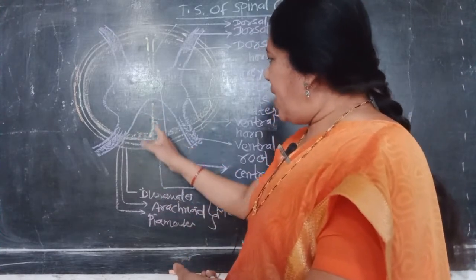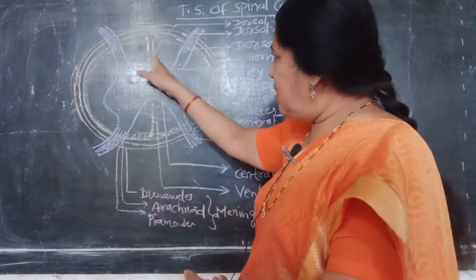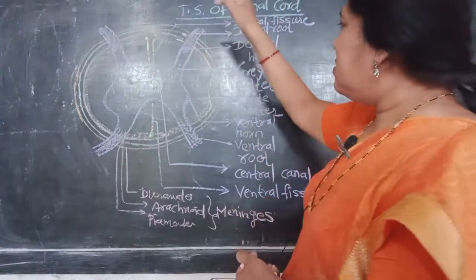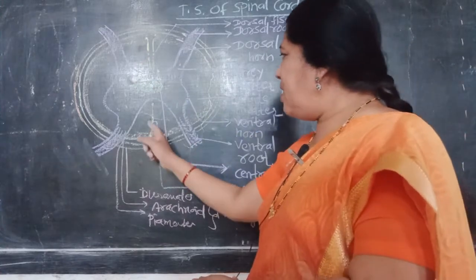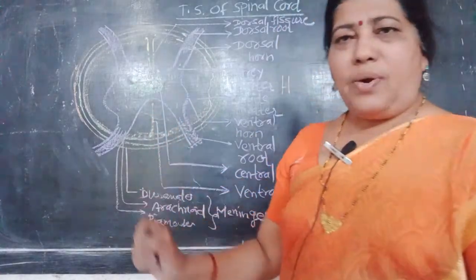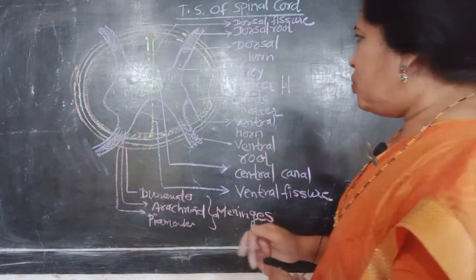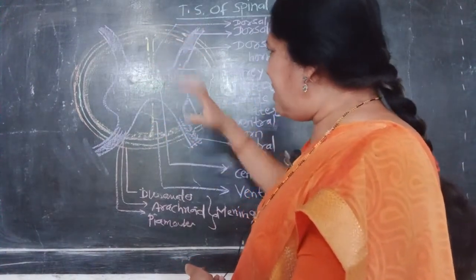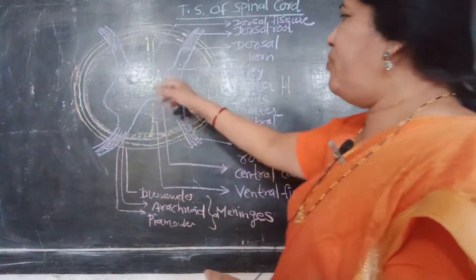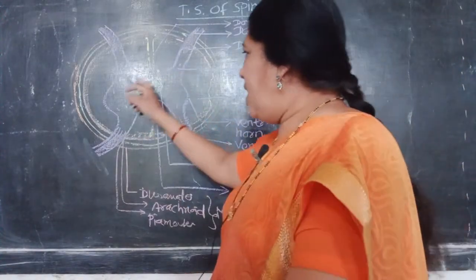So the dorsal median fissure is wide and not deep, but the ventral median fissure is narrow and deep. Due to these two fissures, the spinal cord is slightly flattened, and the grey matter is